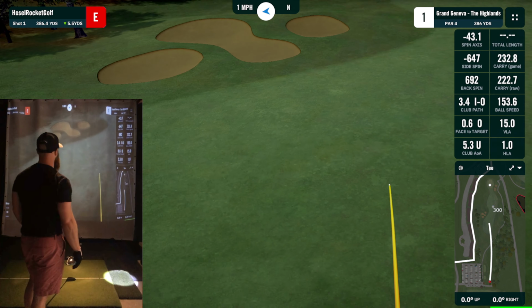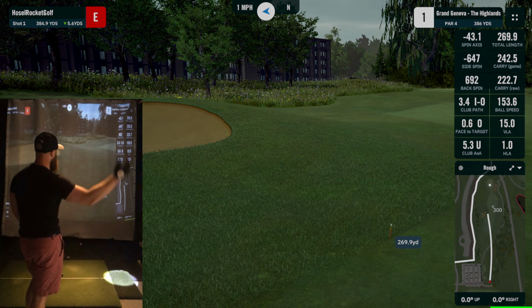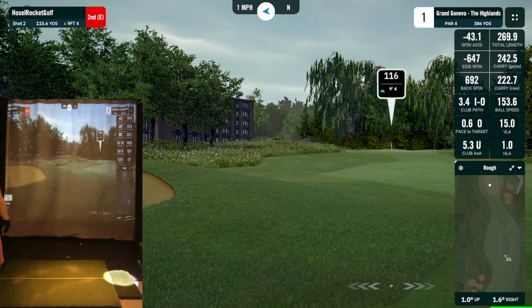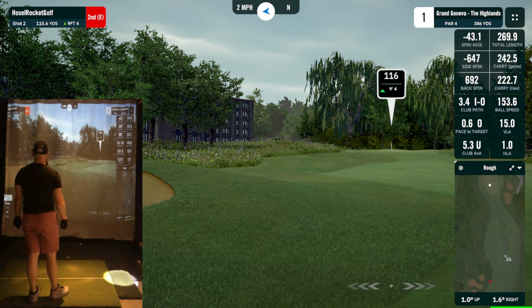153 ball speed, not even that bad, but just 600 backspin, 43 spin axis to the left. That carried a whopping 222 in the air. I don't know, warmer weather now, I have the fan going. Maybe I'm just releasing my hands quicker. I don't know. I got to do some work on the range with driver, but that's starting to get